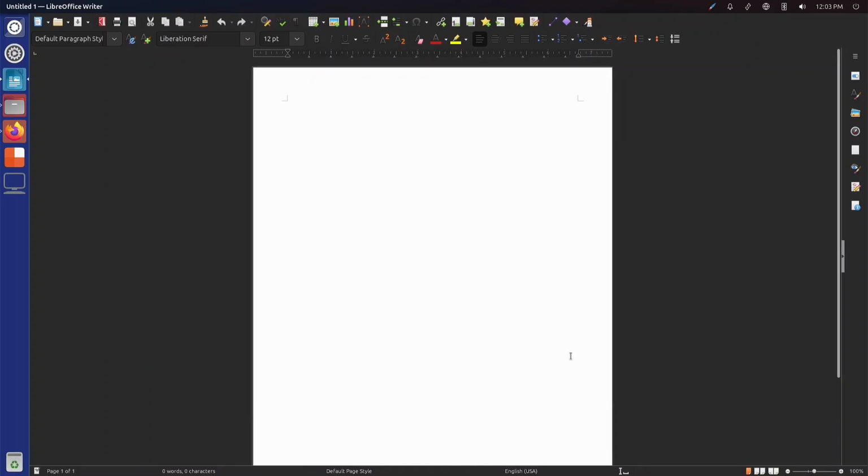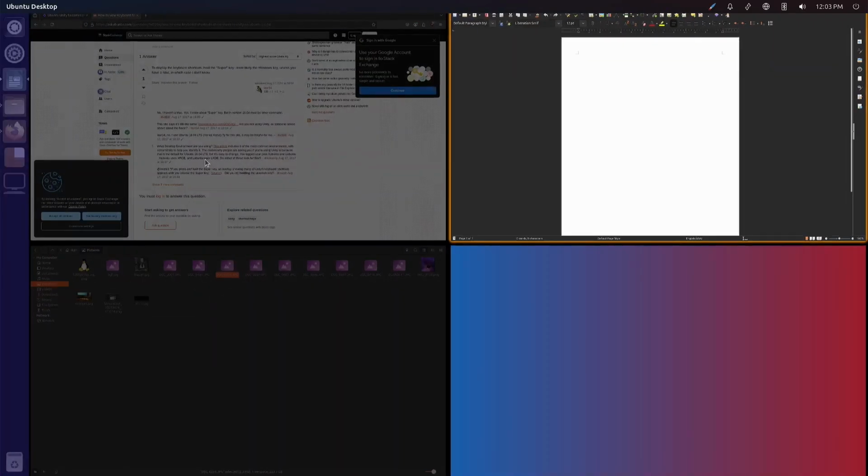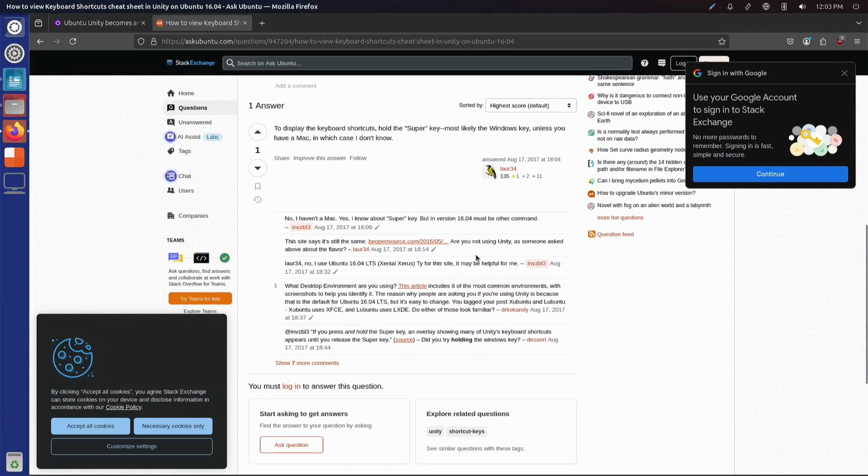Shift Super plus arrow keys. Shift Super arrow key. Okay. Maybe I need to click. Shift Super arrow key. Okay. All right. Let's start with this one. Okay.